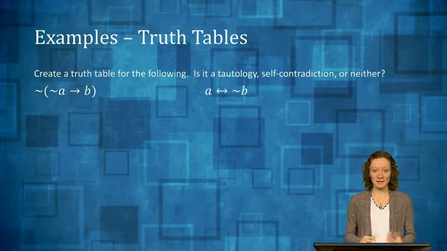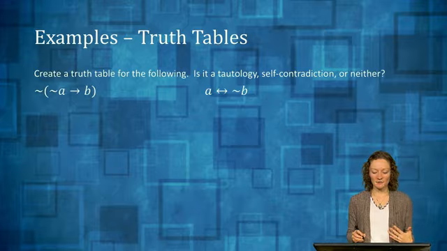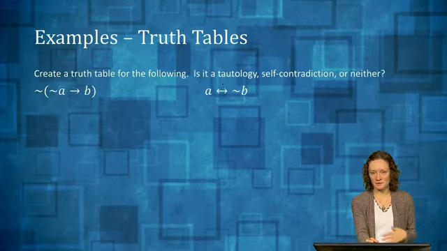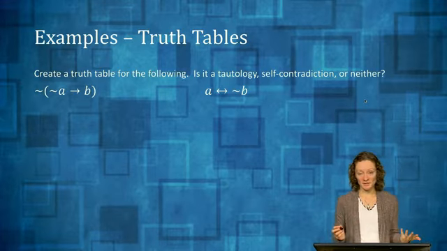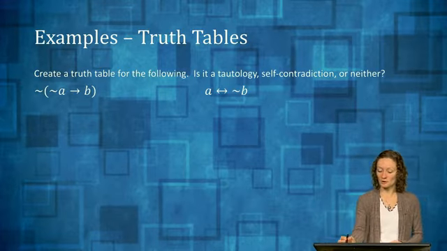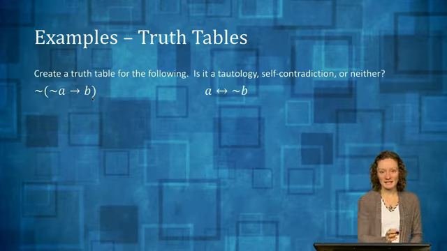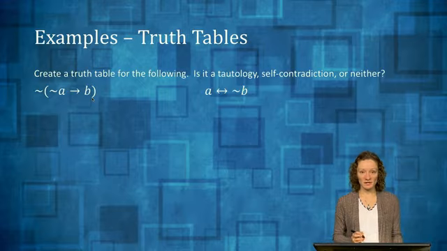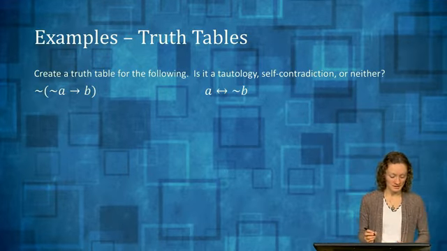Okay, so some examples with me. Create a truth table, and then remember we're also going to now identify when the question is asked, but for this section, pretty much all the time, if the statement is a tautology, self-contradiction, or neither. So is there anything special about it? Or no? So first one, we have the negation of negation A leading to B. We definitely have a conditional here, but I also see a few negations. So